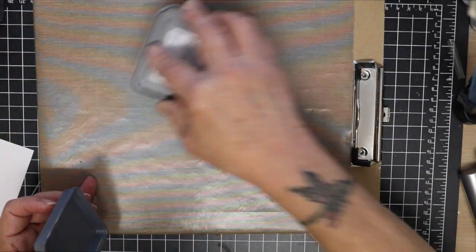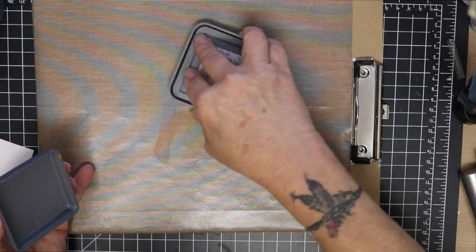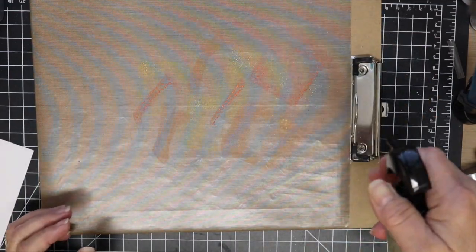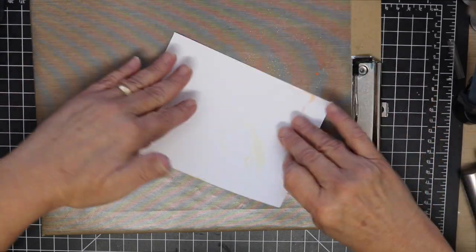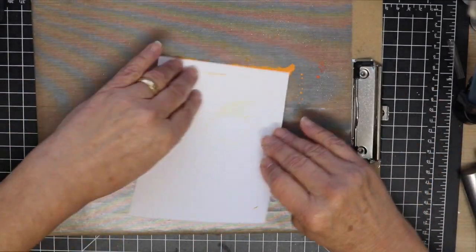So I'm going to walk you through the process of creating a very quick and simple shaker card. You can make them as complicated as you like. You can add stamped images to them. Their possibilities are endless. I decided to use 3 colors of Distress Oxide inks, fossilized amber, ripe persimmon, and spiced